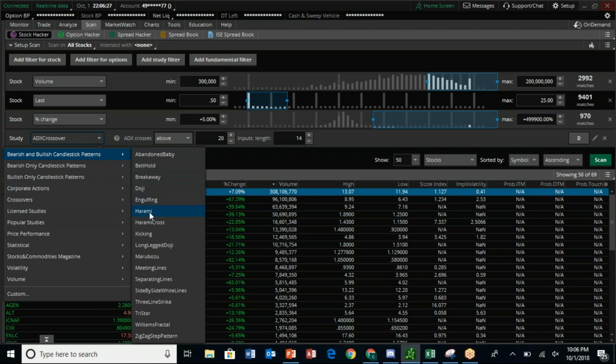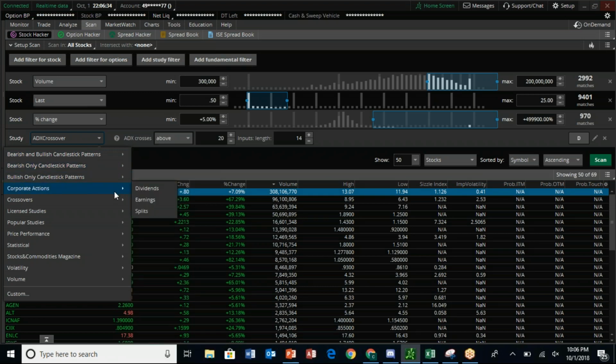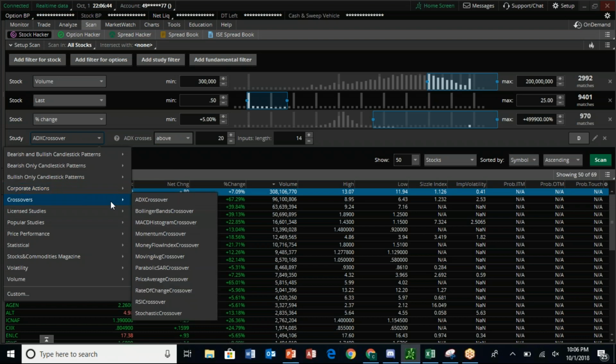There's different key indicators, and you can segment them by whether or not they're bullish or bearish candlesticks. You can segment them by the way that the corporate, maybe they have earnings coming up. So now it will only search for these studies of the first 3, plus they have to be in earnings. And so when you go through here, this is something that you can come in and play with. And I would recommend building 5, 10 scanners. Maybe not use them all at once, but just have them there